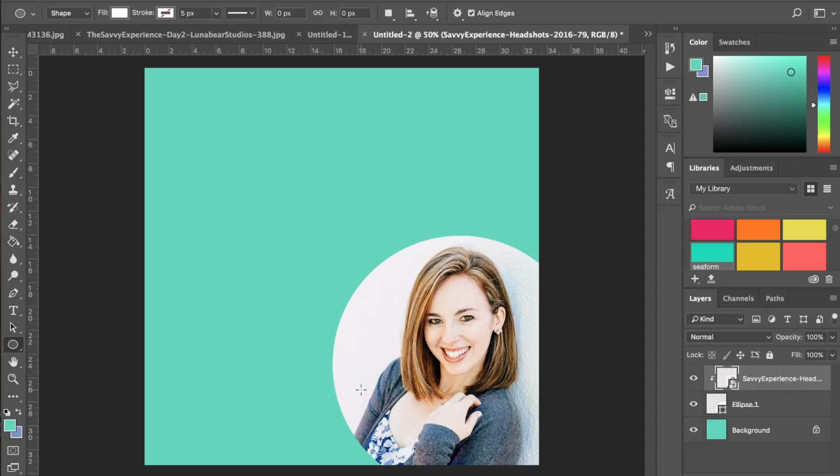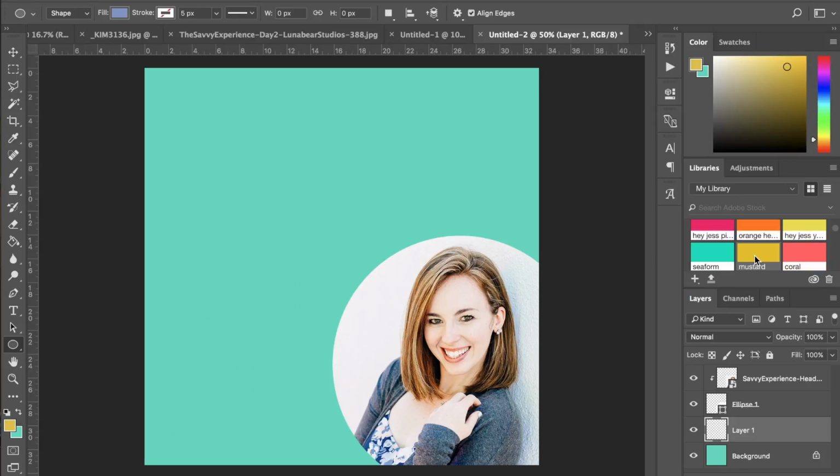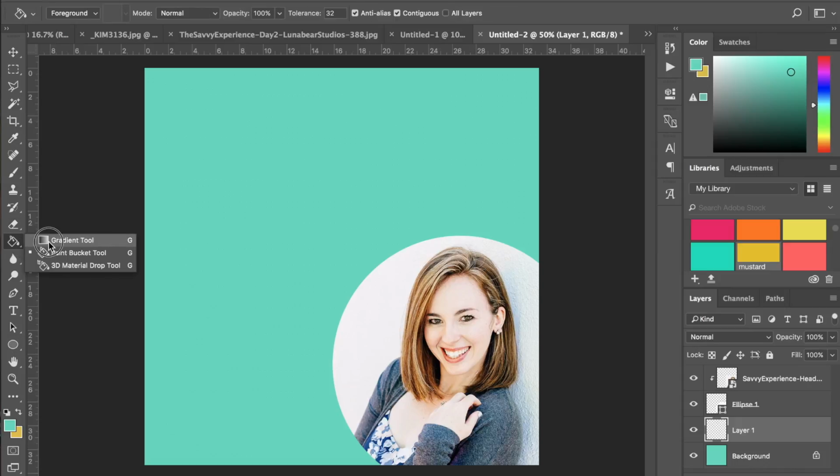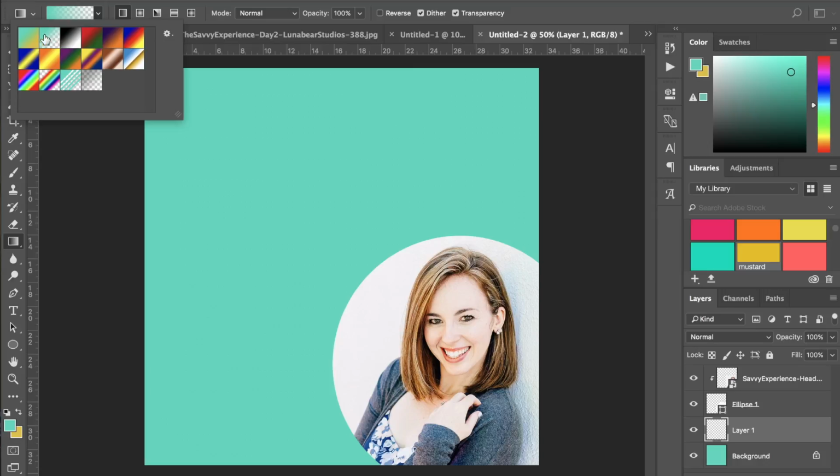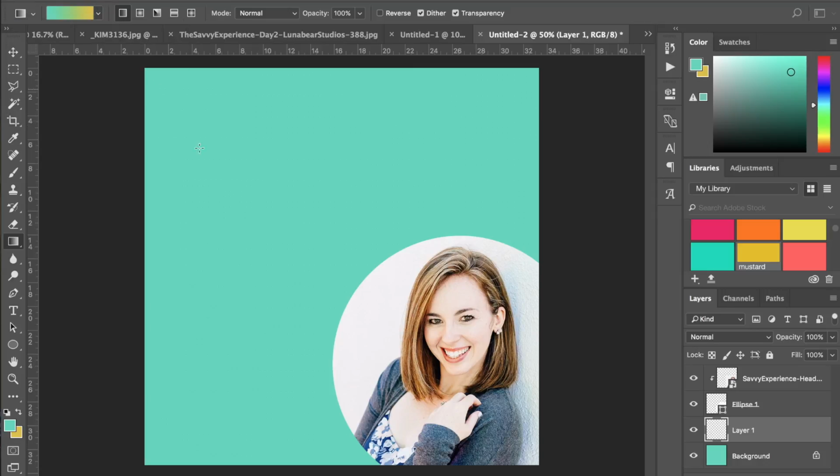Okay, another one that I might consider using or that might fall into the favorite tools category is the gradient tool. So let's say I have seafoam and I also have mustard because these are two of my brand colors. If I hover over the paint bucket tool, I'll get the gradient tool and I can tell it that I want to use both. And all I had to do was create a new layer and drag it. So now it's using both of those colors in there. Okay, so gradient tool, paint bucket tool, and